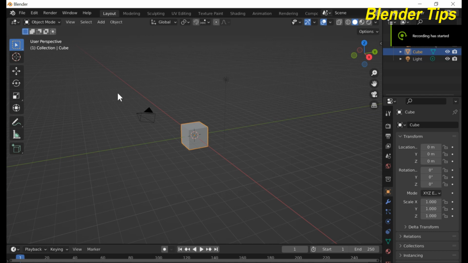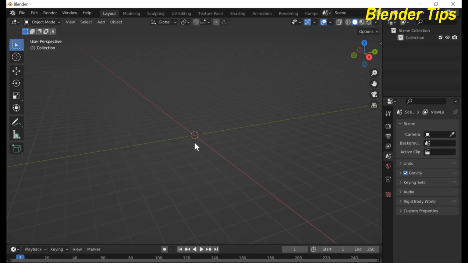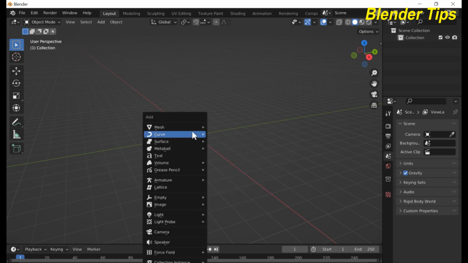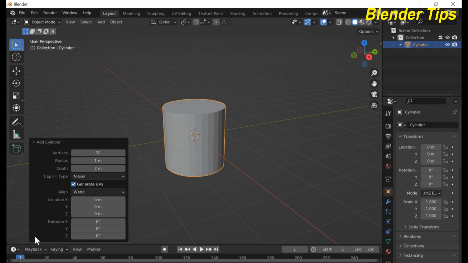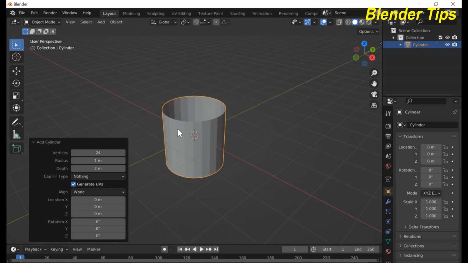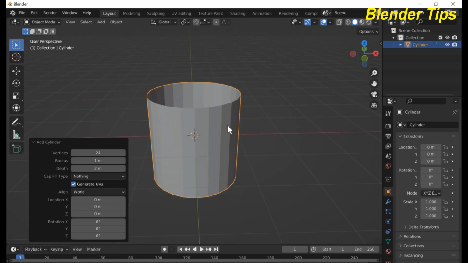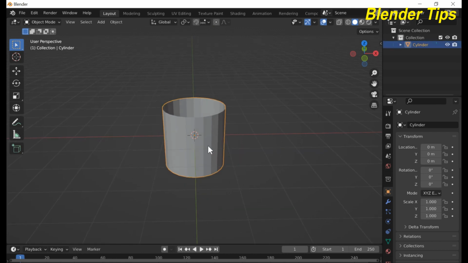Open Blender, select all and delete everything. Press Shift A to add a cylinder and open this menu. Here the vertices reduce to the number of 24, and here select nothing. Cap type nothing. Beautiful. Now